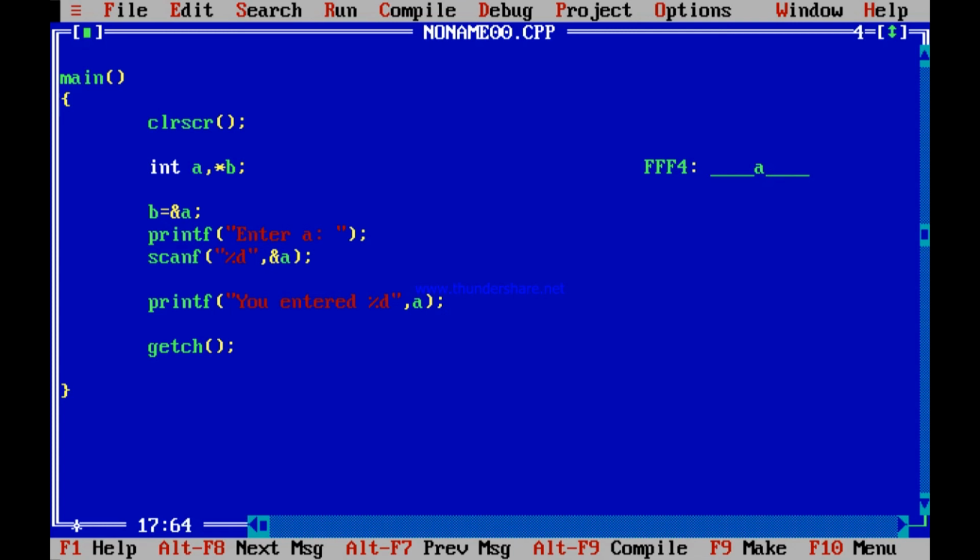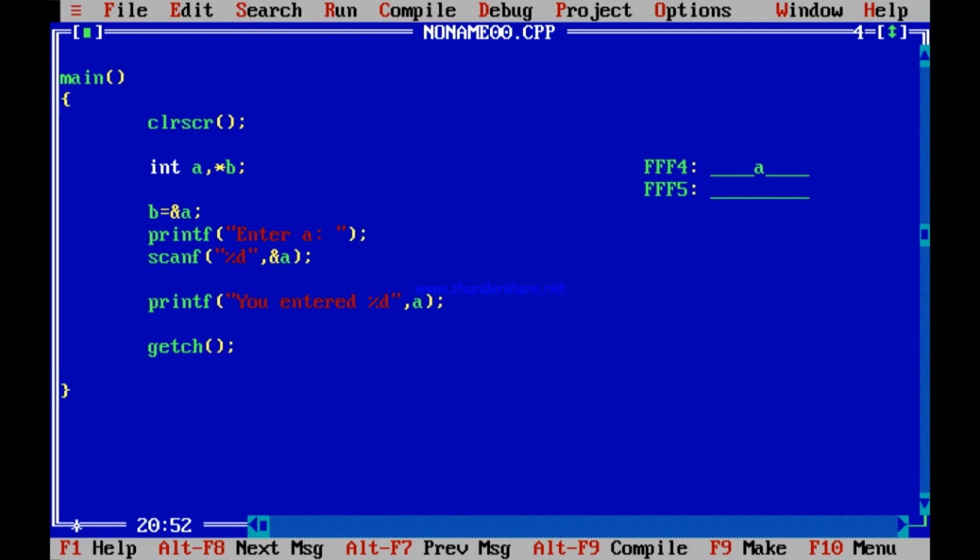This FFF4 and FFF5 has been used to contain this A, but a value of A has still not been assigned. But I copy this address of A to B. So B from now onwards should mean FFF4.